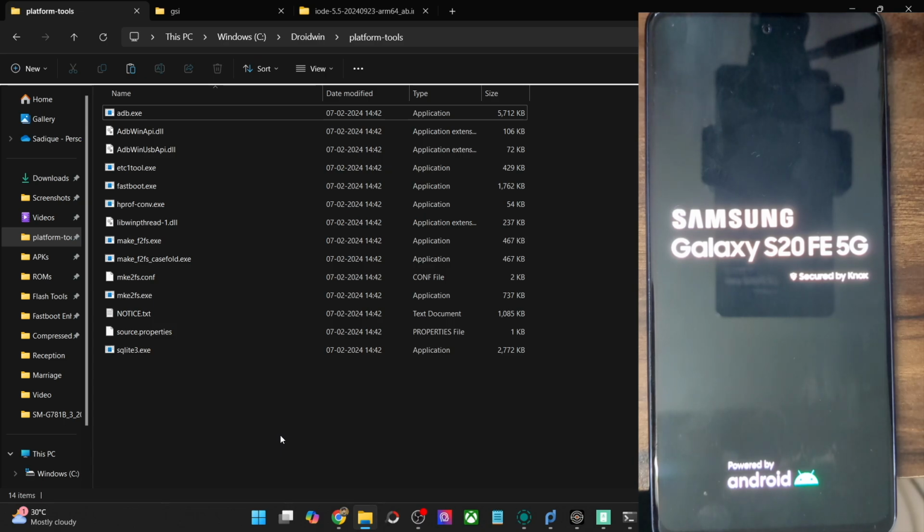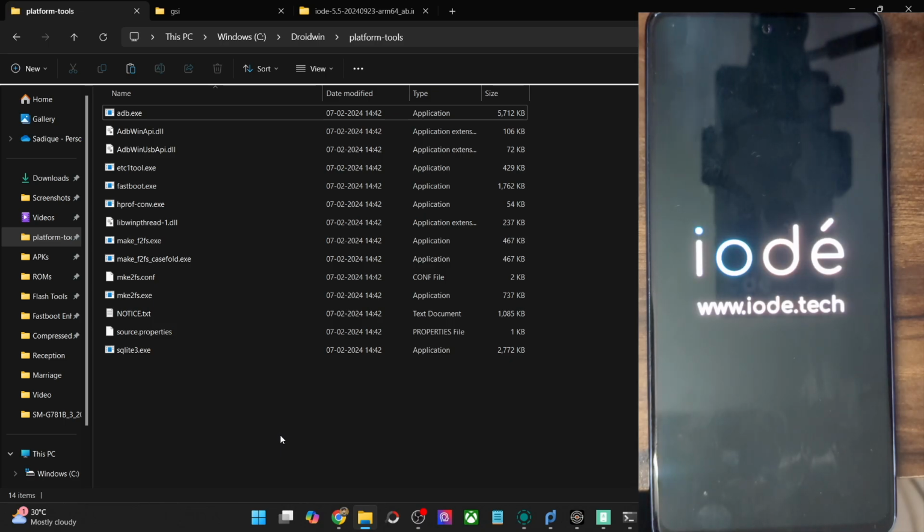So let's have a look at the boot animation, which will signify that the flashing has been done successfully, and it should just take a few more seconds. So let's keep a tab on the booting up, and as I've told you before, only the first time will take a longer time frame. From the subsequent time, that will not be the case. So guys, as you could see, this is the boot animation of the ROM. So the flashing has been done successfully, and it should now boot to the OS in a matter of a few seconds, and then we could set up the ROM as per the requirement. So give it a few more seconds, and then we will proceed ahead with the next step.